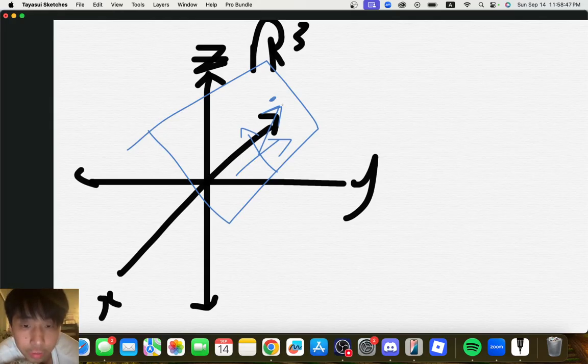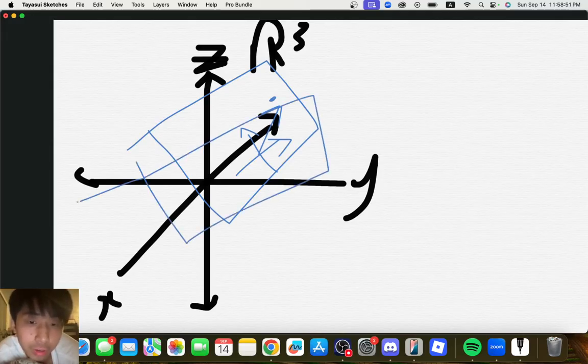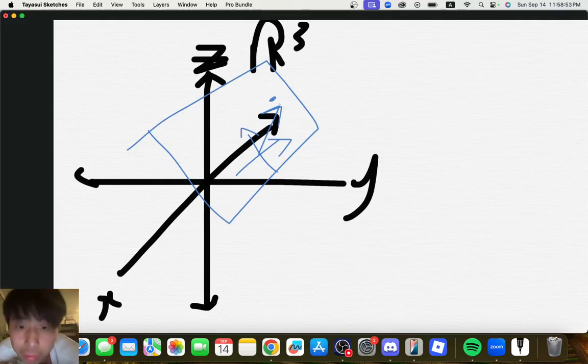We can use the vector and a point, because remember, we can have parallel planes, so we need a specific point such that we know exactly which plane we're defining. So any point here works. We just have to connect the two, and then the vector form of a plane is, let me see,